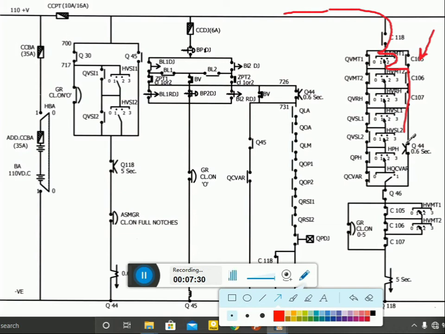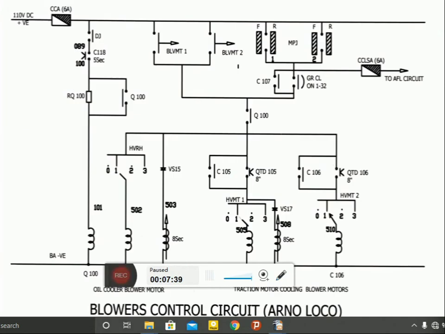Similarly, for wedging of C106, we have to keep HVMT2 on 3 position. For wedging of C107, we have to keep HVRH on 3 position. Suppose all 3 MCM contactors C105, 106, 107 are not closing,